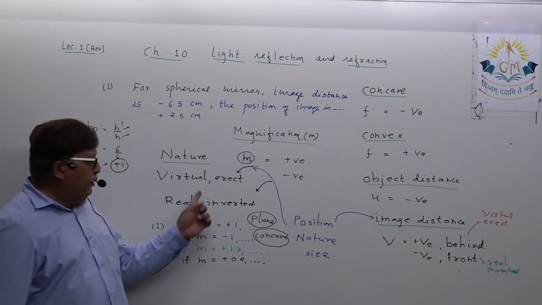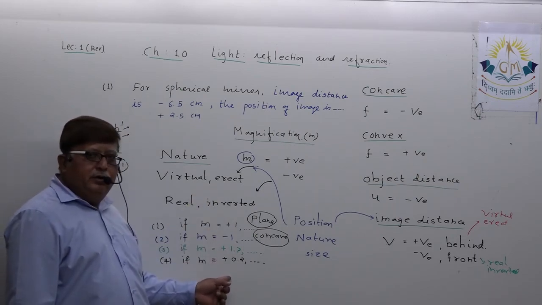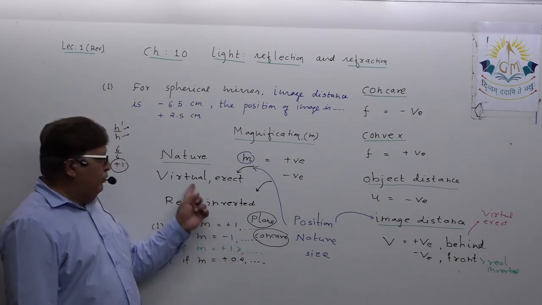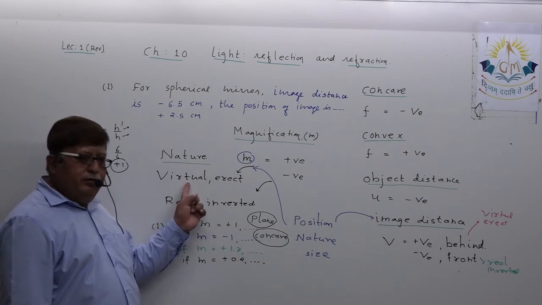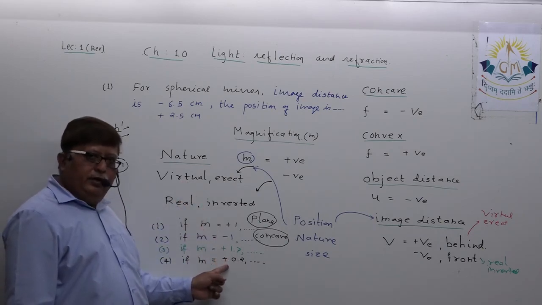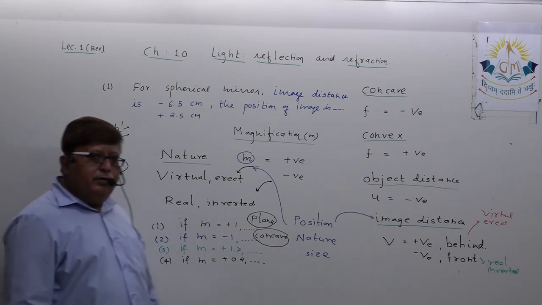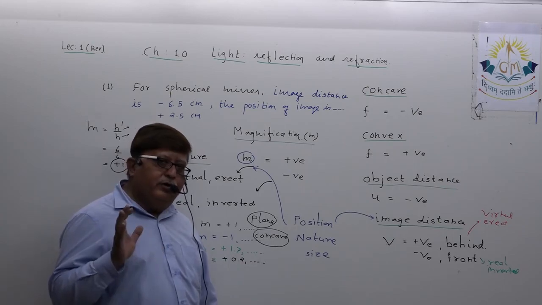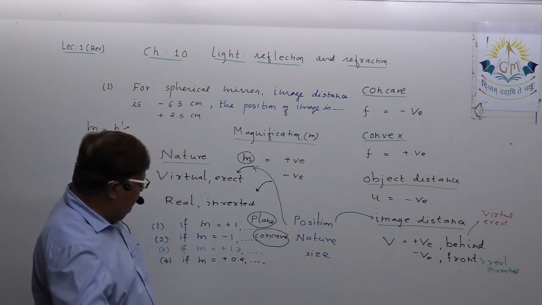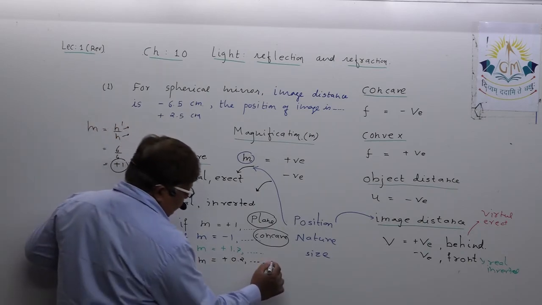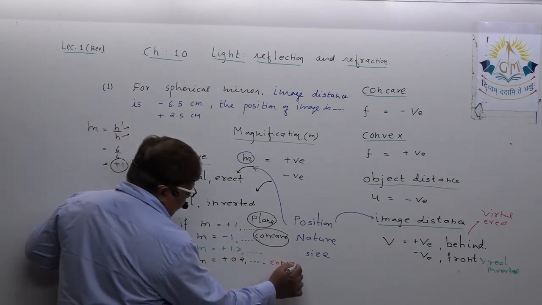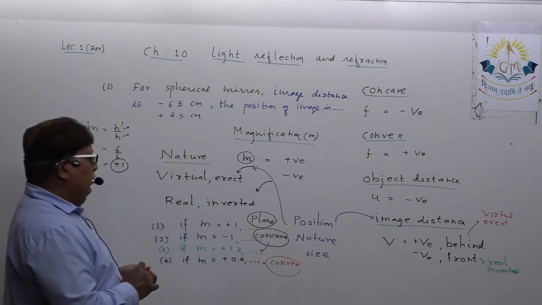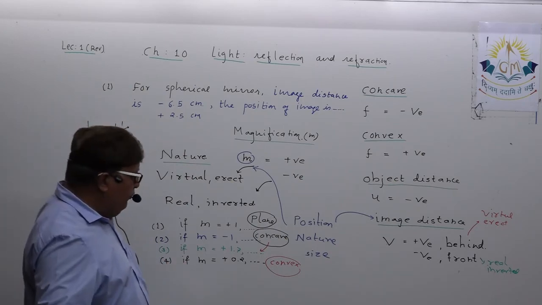So can you guess the type of the image, nature and size of the image, and the mirror which can produce this image? It is virtual, erect and smaller. Can you guess the mirror which produces a virtual, erect and smaller image? Obviously, dear student, convex mirror. This way you need to remember here the concave only. Is it clear in your mind? This way